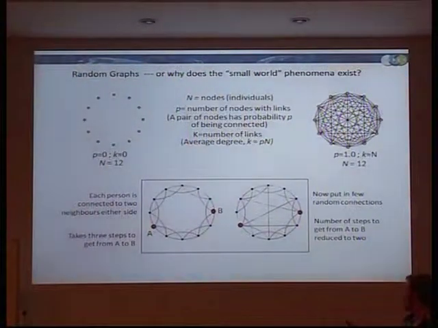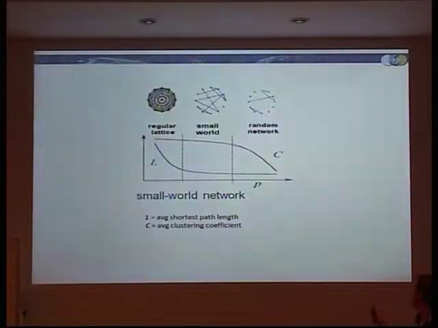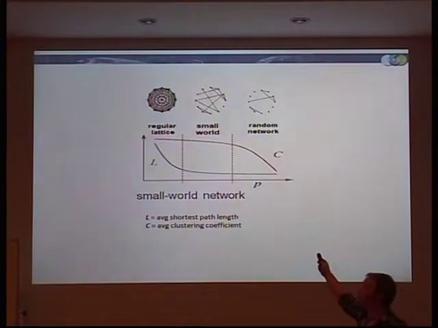If I keep rewiring and rewiring, I destroy the clustering coefficient. And this is what this graph shows. You see the clustering coefficient goes down, and the average path length just stays very low. Once it's very low, it stays very low. So if everyone is connected to everyone, it's one great big cluster, right? So the clustering coefficient is 1.